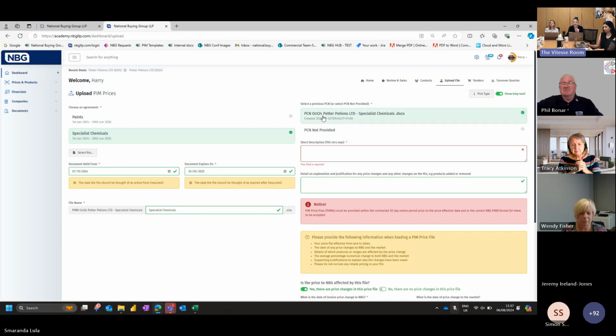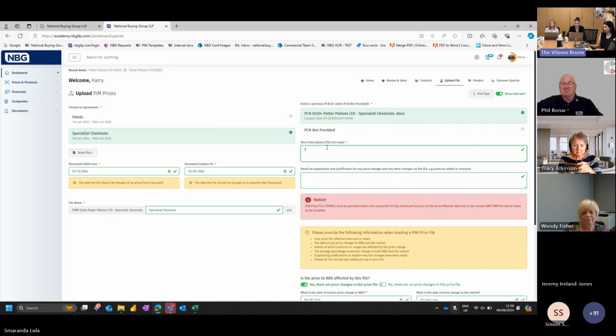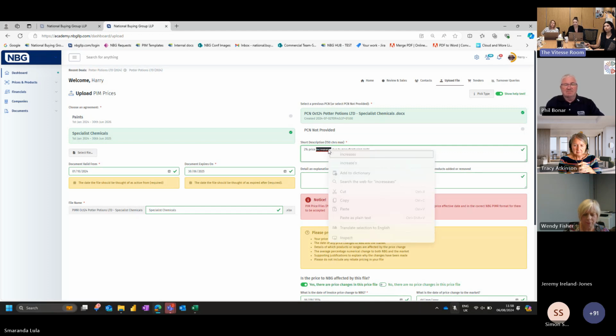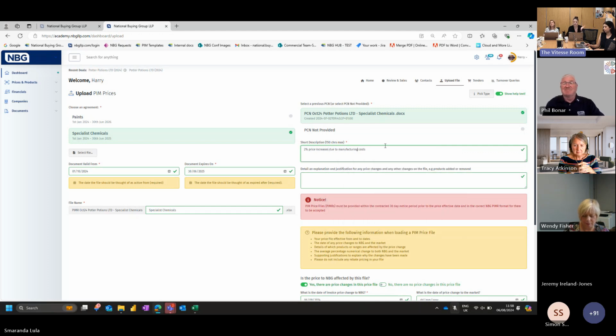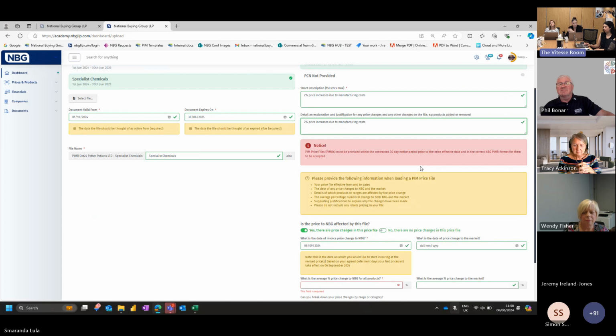So I select the letter that I already uploaded, and as Nicole said, use these boxes as you wish. You can just give a recap, like I said, 2% price increases due to manufacturing costs. Or whatever it is, in your case, just give a little bit of information here. You can use the same below. And then